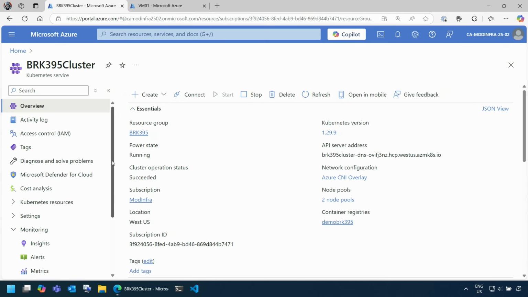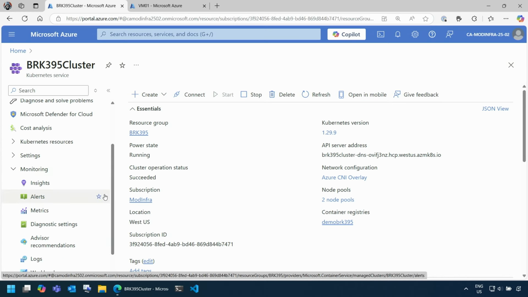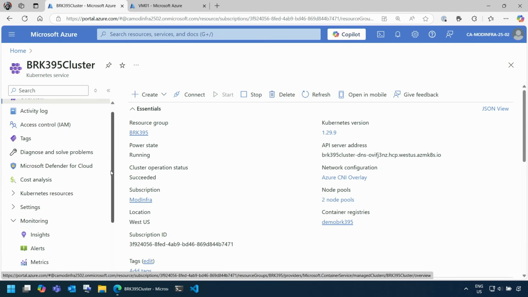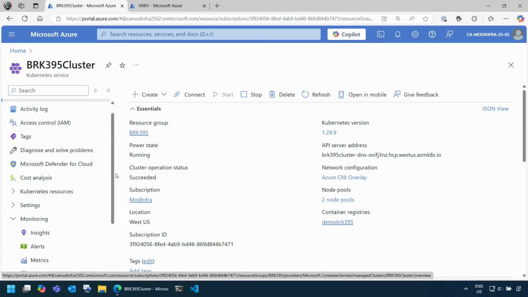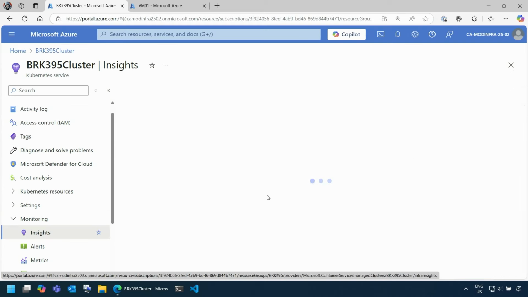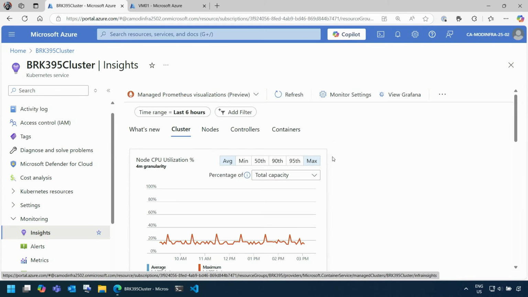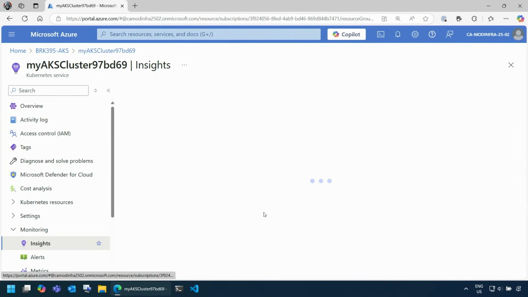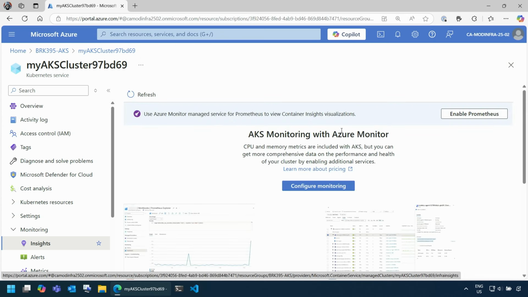I kind of played with it a little bit ahead because I wanted to make sure that you weren't pulling a fast one on me. So I got to my cluster here. It's the same cluster that you deployed, or one like it, because I used your code and I just deployed it into another resource group, because it's fast and portable. And now I go to my insight. Oh, this one is already running. Let's go to the one that's not running, because this is kind of a cooking show. So I go to my insights on the one that's not running, and I want to enable or configure my